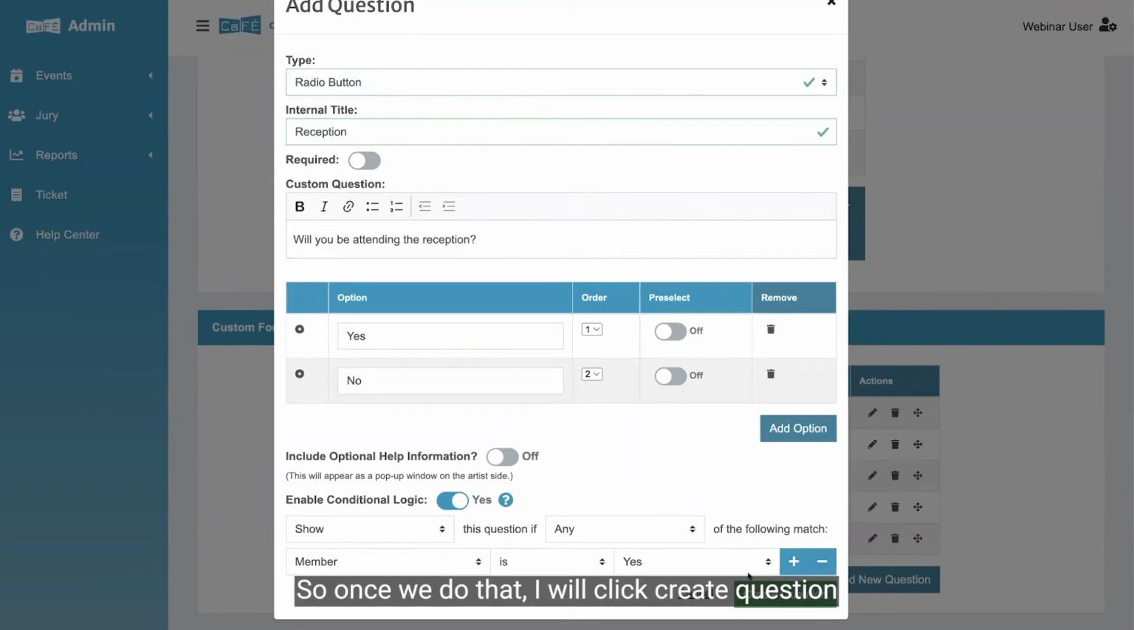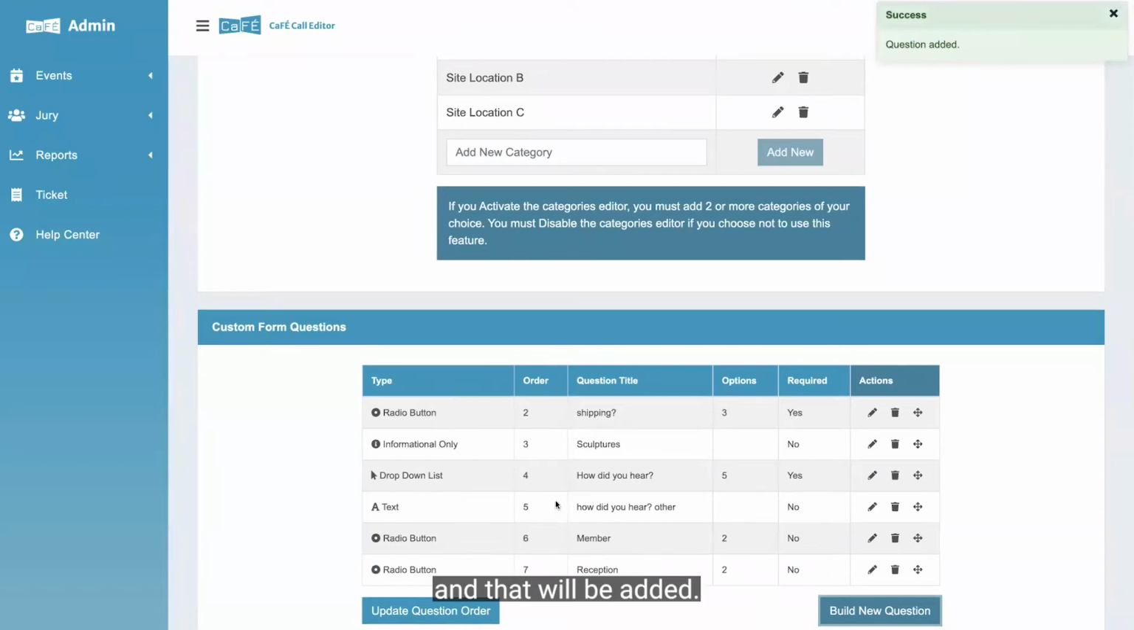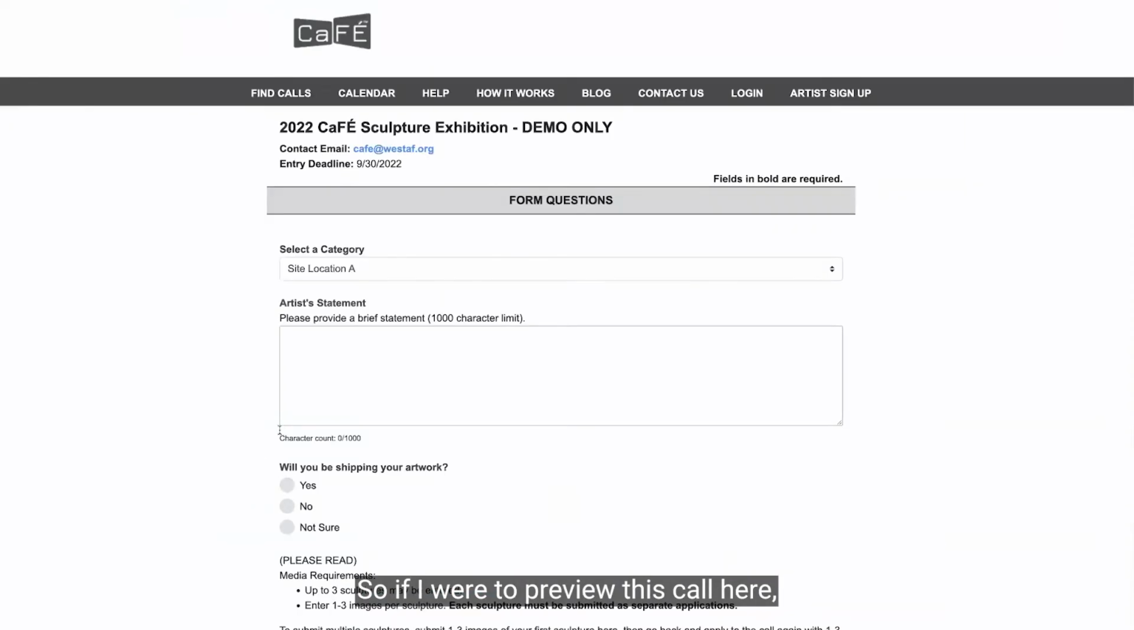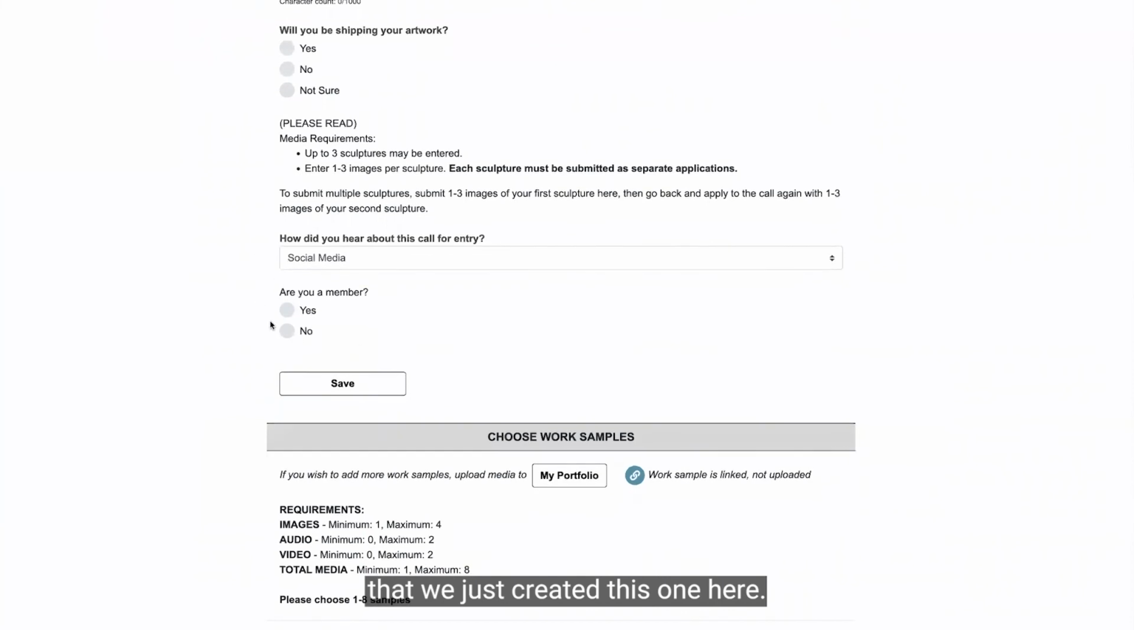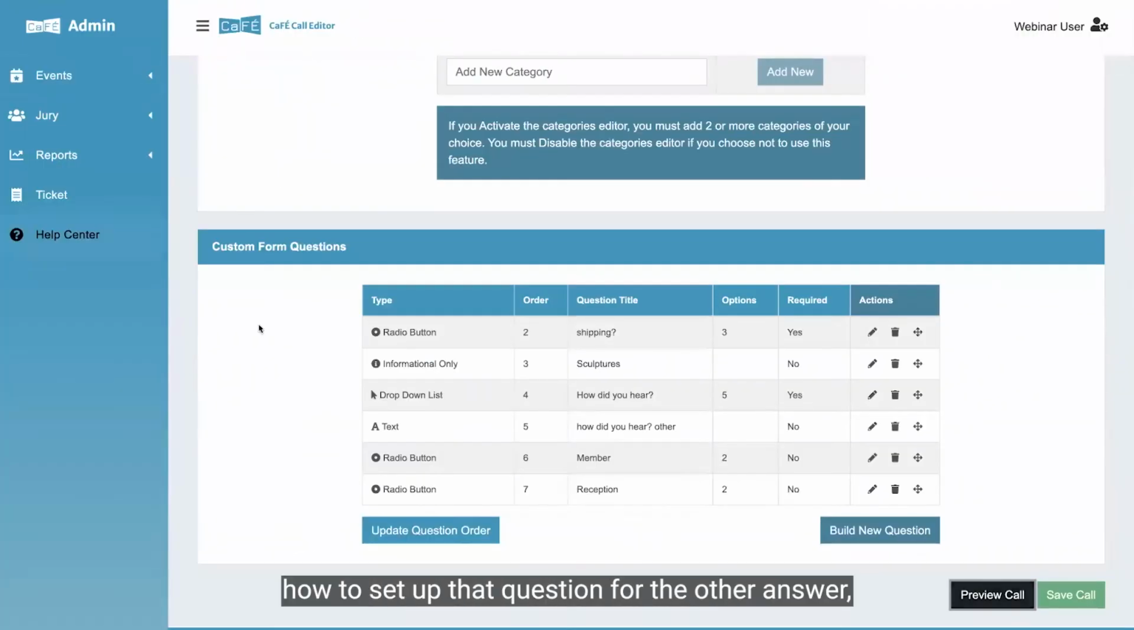Once we do that, I will click create question, and that will be added. If I were to preview this call here, you'll see that we just created this one, "Are you a member?" And once I click on yes, it adds that second question. I do also want to show you how to set up that question for the other answer where they need to elaborate if the answer doesn't